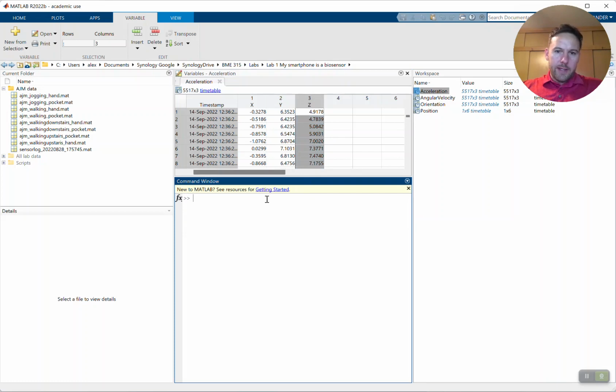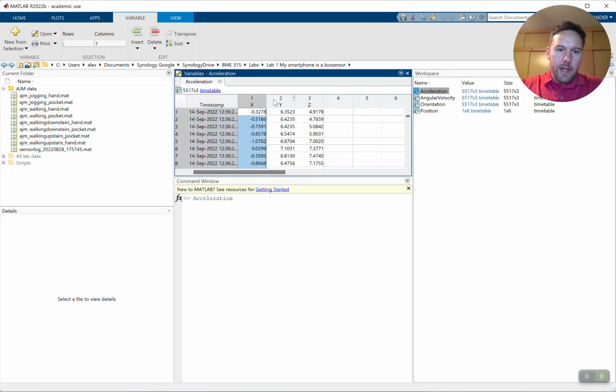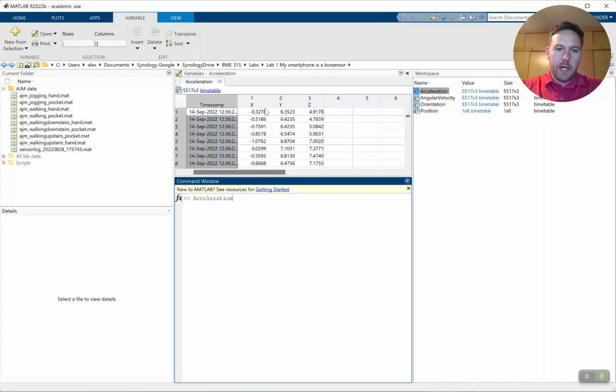So to extract anything here, we type in the variable name that we want to consider here, acceleration. You have to make sure the capitalization is there, right? And then the column name that you want to extract, right? In this case, it would be acceleration dot X,